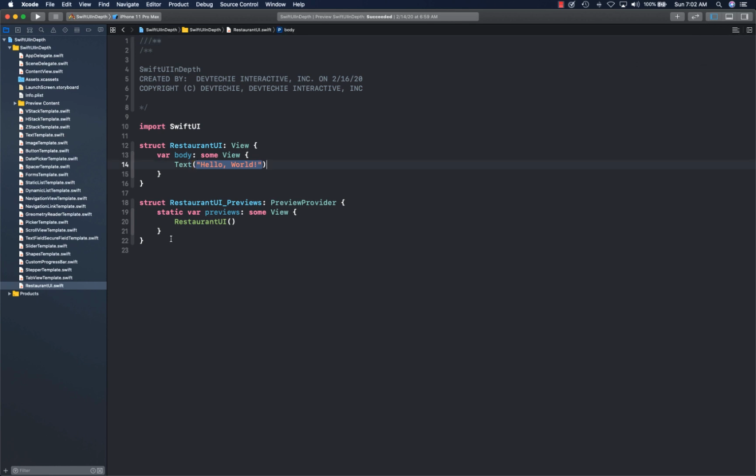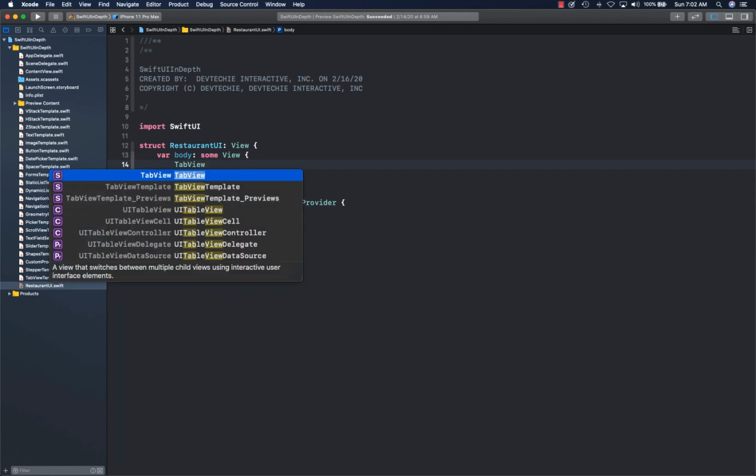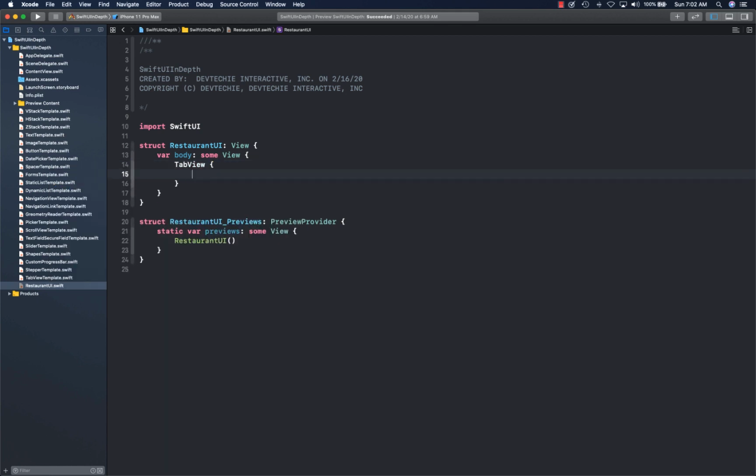Okay, so before I open Canvas, let's create a tab view so we have something concrete to look at. We're going to create a tab view, and like I said, we're going to have 4 tabs. So let's create tabs with text for now. We're going to have home,